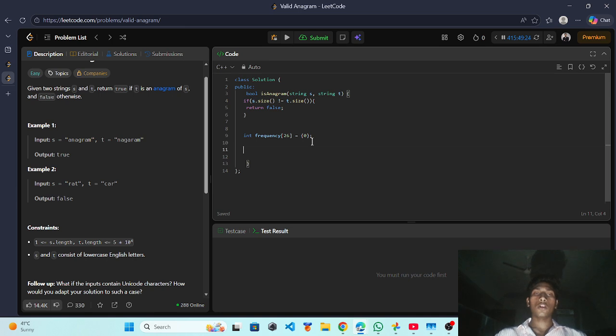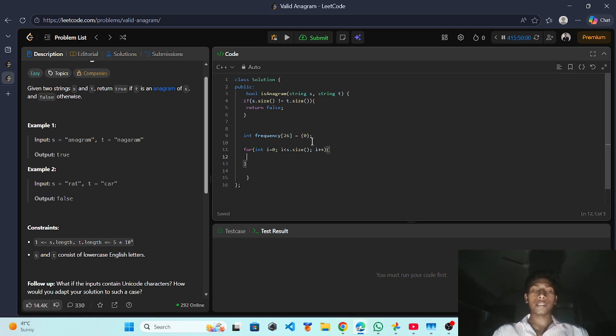Now we apply a for loop for string s: int i equal to 0, i less than s.size, and i plus plus.